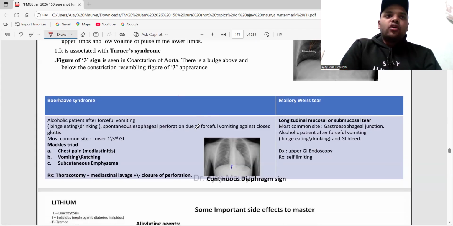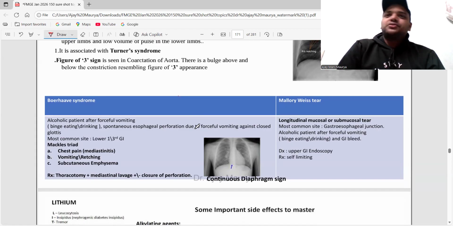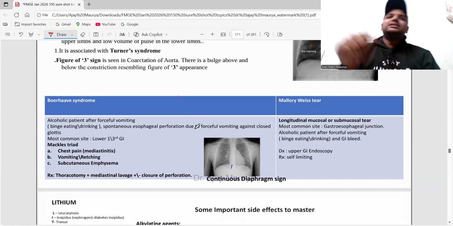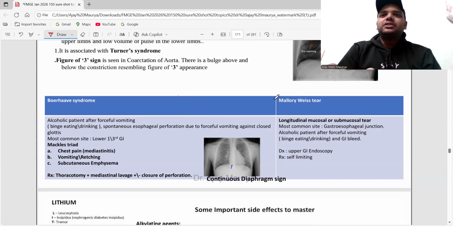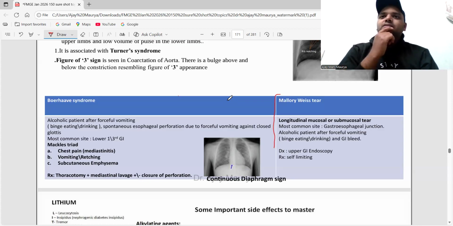the differences between Boerhaave syndrome and Mallory-Weiss tear. How they are going to ask these questions in the exam is that they will give one case scenario. In both of these scenarios, they will give the history of a chronic alcohol drinker. But you have to remember one thing: